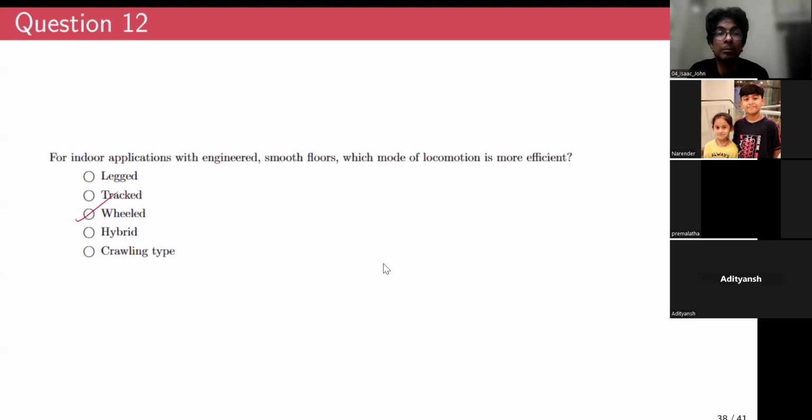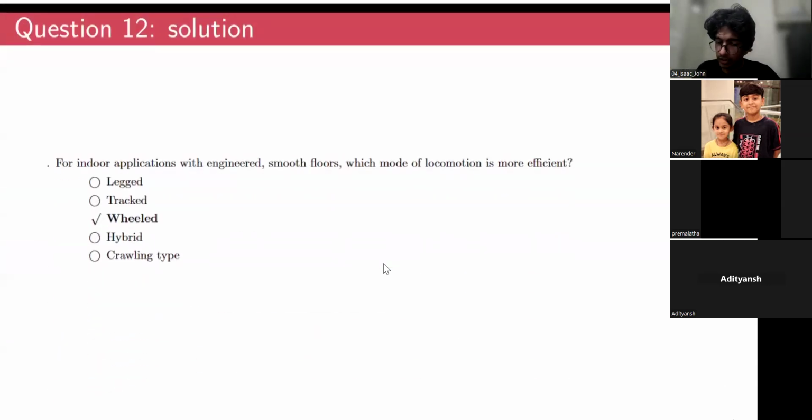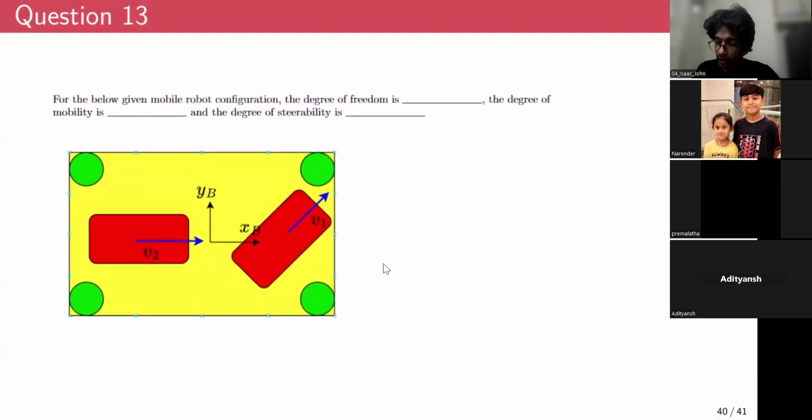And crawling type won't even probably work. As you can see, lizards and snakes, they struggle in very smooth surfaces. So that won't even probably work. So the most efficient, most appropriate, most ideal locomotive solution is indeed wheeled locomotion. That's indeed the answer. And the final question, for the given below mobile robot, the degree of freedom is dash,